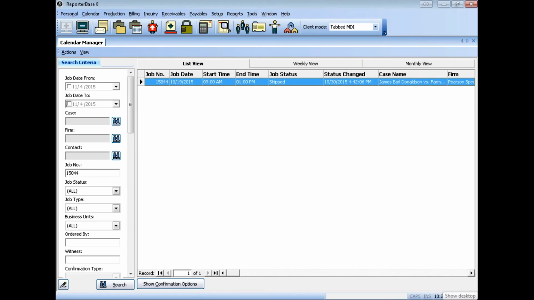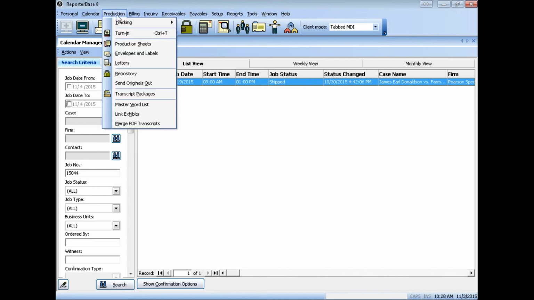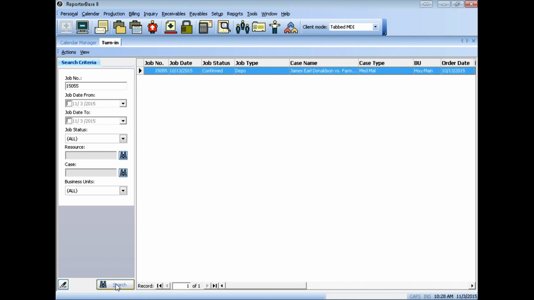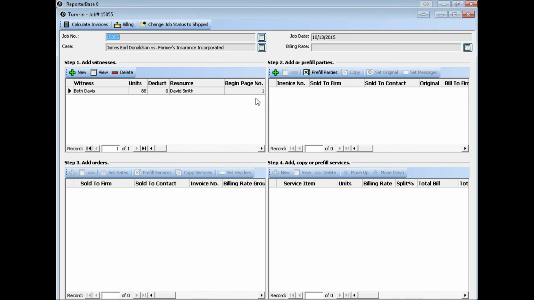So back in RB8, we're going to click on Production, and we're going to select Turn-In. Let's input job number 15055 and click Search, and our job will appear here. Okay, so let's double-click this job to look at the Turn-In window. And here we have a job that has a witness turned in already. If we double-click the witness that has been added,